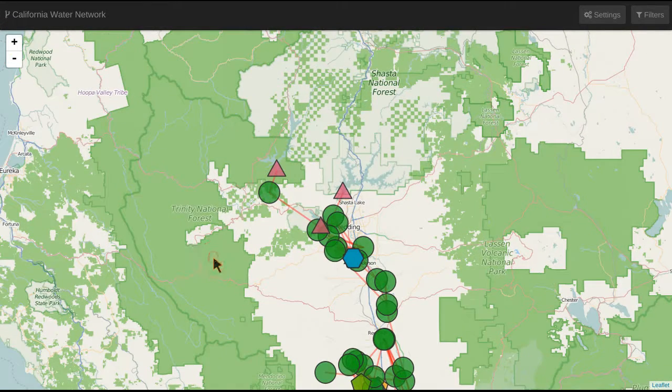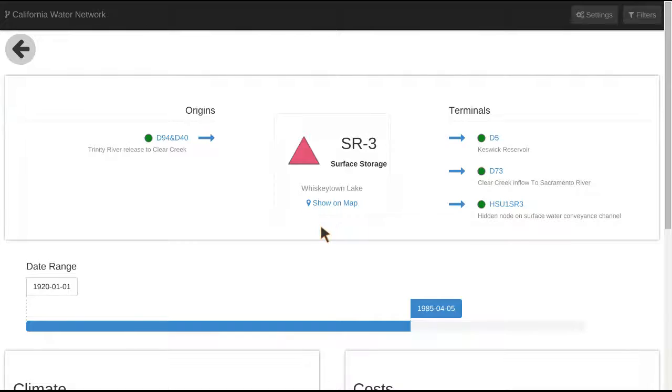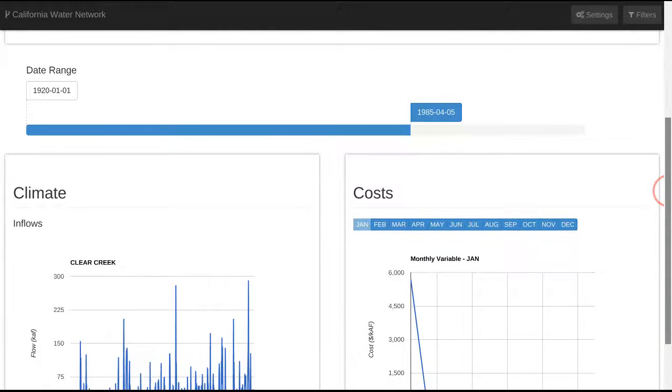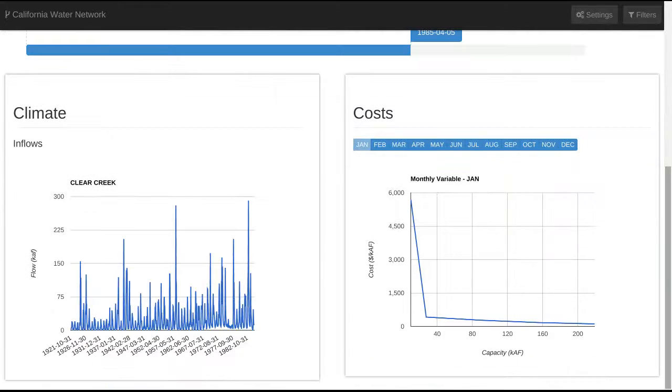Once you've chosen the types of filters that you're interested in, you can continue to zoom, and at any point you can actually click on one of these individual nodes. And when you do, you're sent to a new screen that describes all of the input parameters for that particular node. For this case, we're looking at Whiskeytown Reservoir, which includes information in terms of the types of inflows that you have for that,